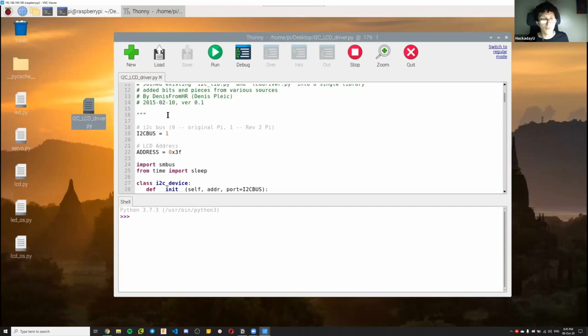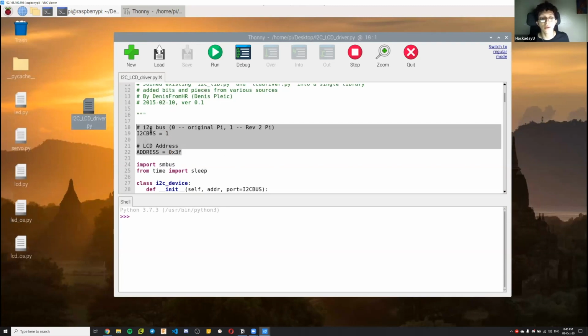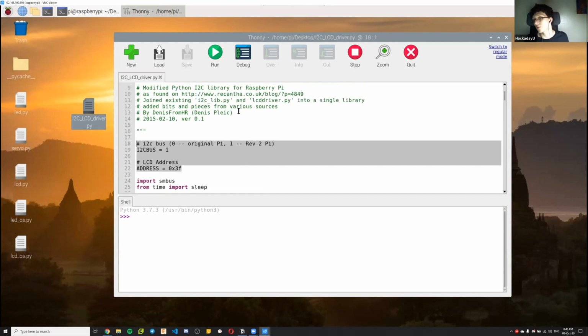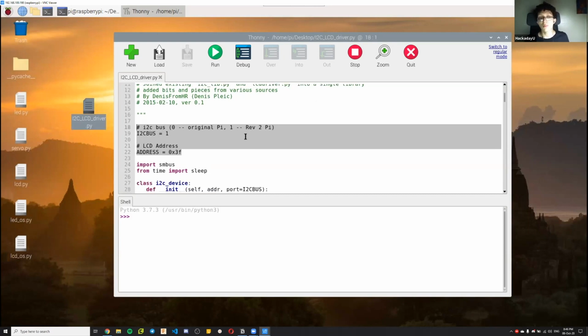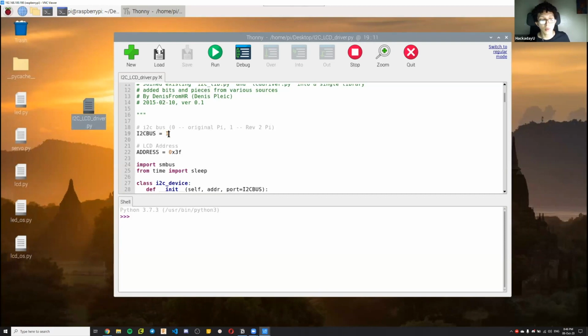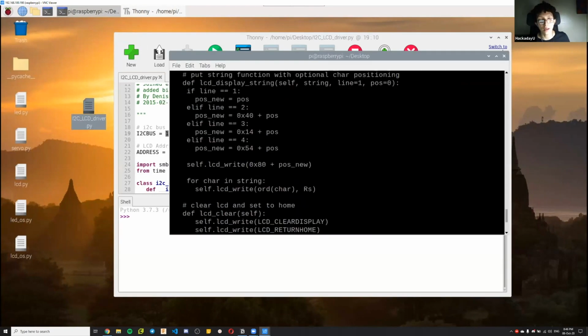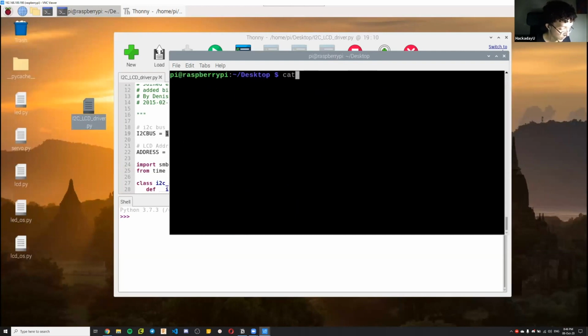In the beginning of the file, you can see that there's I2C bus and this address. By the way, these configurations are specifically for this library or driver. You're probably going to find a couple of different ways to do this, made by different people, if you go out on your own. So the I2C bus came by default with 0. I put it on 1. Why? Because when we did, here, let me do it again, when we look for the